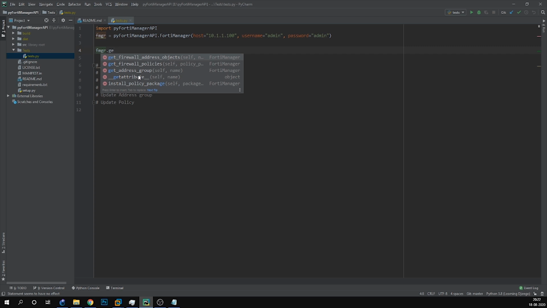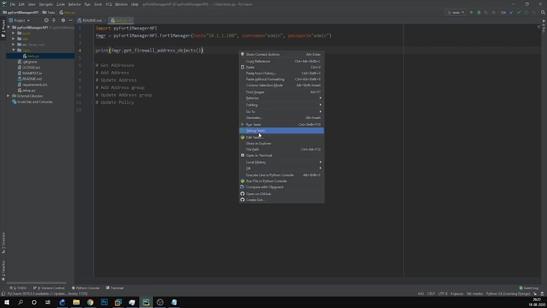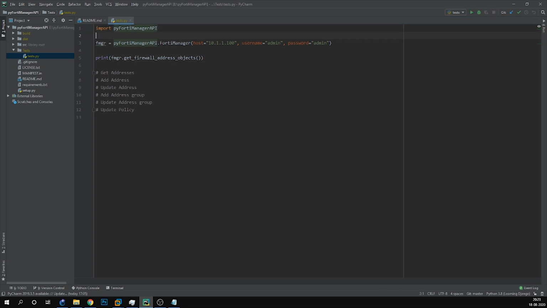So here's a method, get firewall address objects. With this method, we can get all the objects present, which I have shown just now. Let's print it out. Okay, we have got it. Let's try to format the output. I'll import JSON for it.